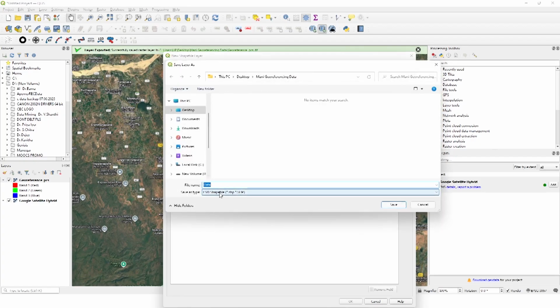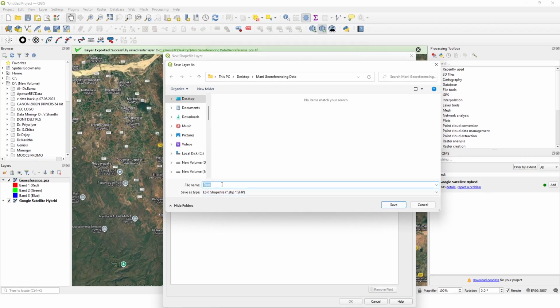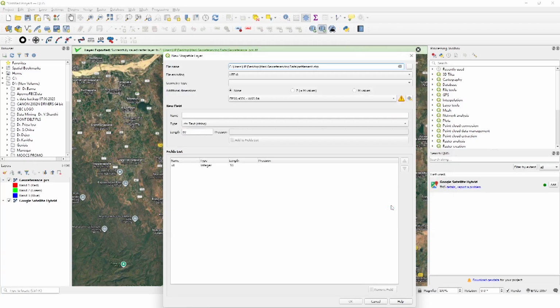So, you navigate to the folder where you want it, here I will give the name settlement, then save. UTF means the font style cannot change. Then for geometry type, if it is a point feature, you give point; for road or river, you give the line; and for polygon features like forest and water body, you give the polygon feature. Here I want to digitize only the settlement, so the geometry type is the point feature. Then here you give that